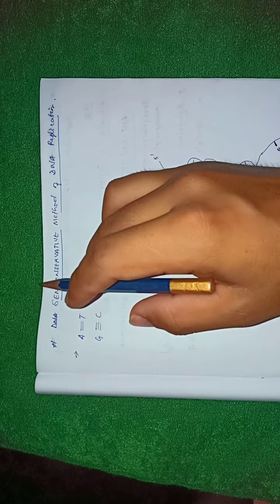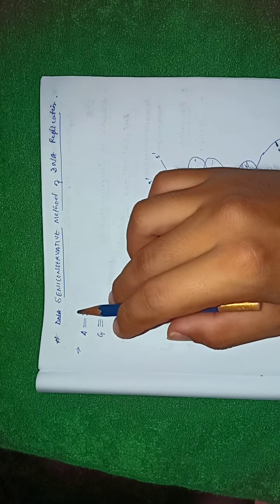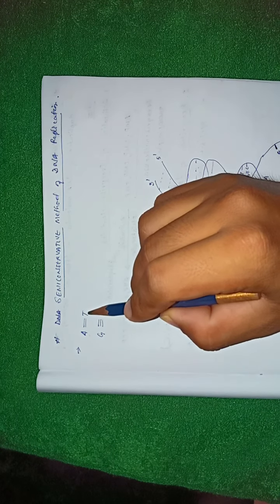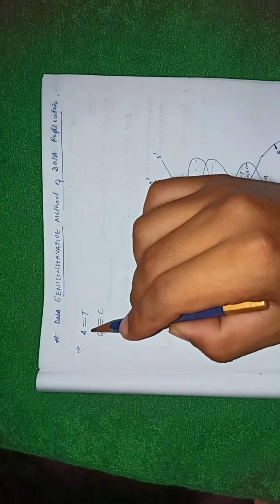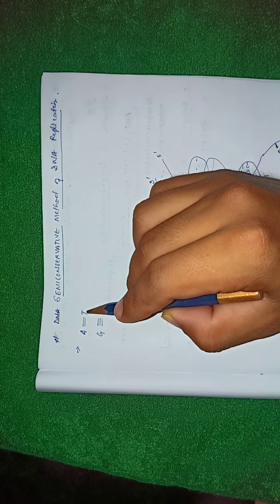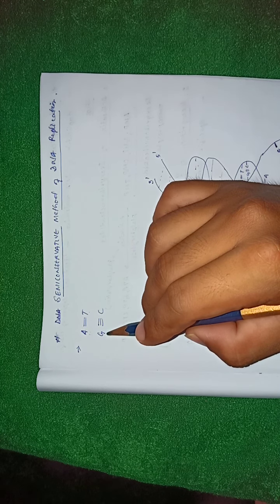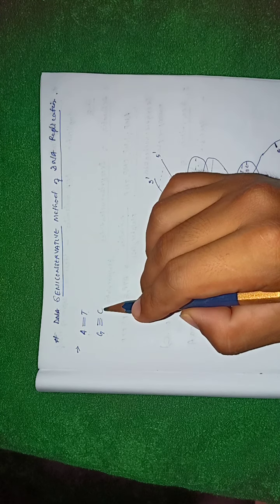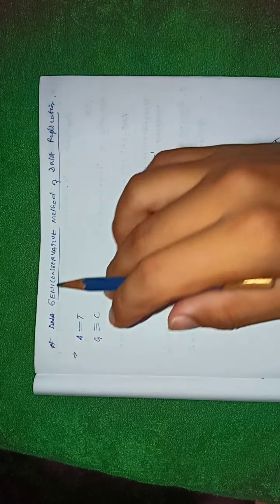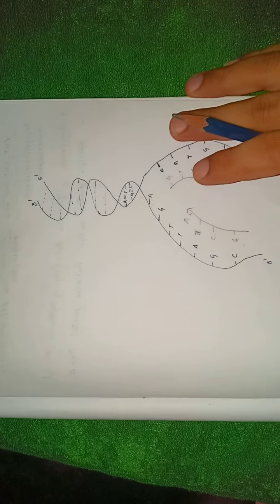the nitrogenous bases in DNA or RNA are specific. That means A will always pair with T in the case of DNA. In the case of RNA, A will always pair with U with 2 hydrogen bonds, and G, that is guanine, will always pair with cytosine with 3 hydrogen bonds. So this pairing is universal. Now,